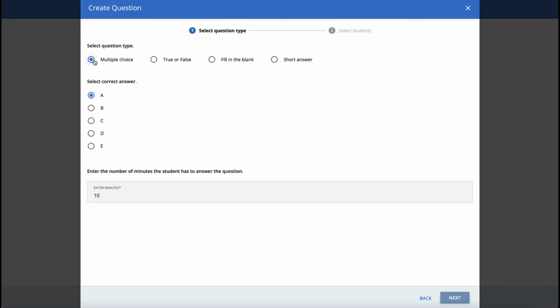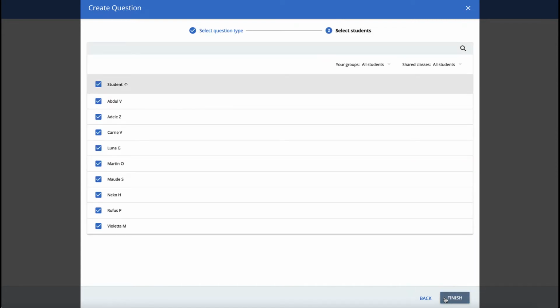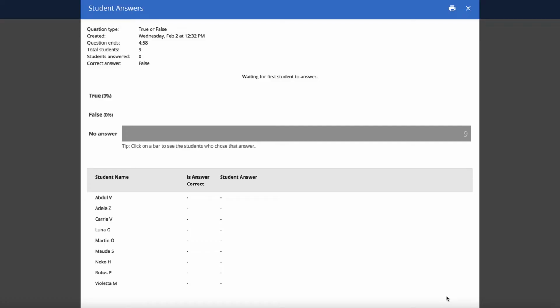You can select what type of question you would like to send, then assign a correct answer and a time frame. Click Next at the bottom of the page. Then select the students to whom you want to send the question. Clicking Finish will send the question to those students and take you to a report where you can watch the